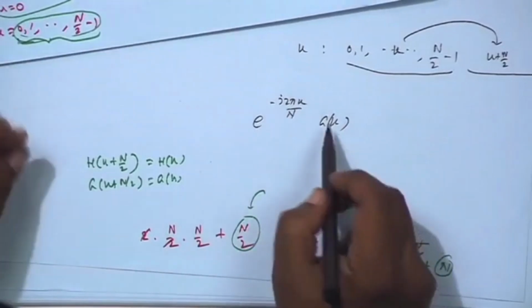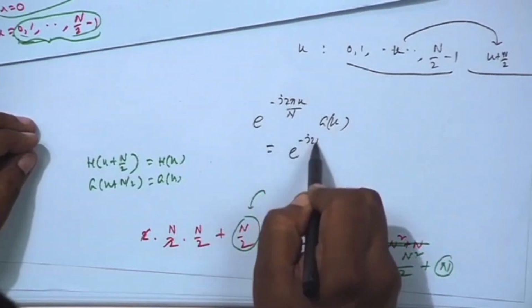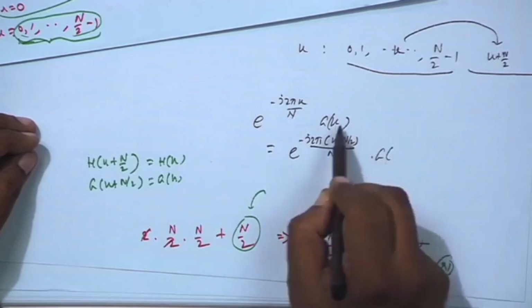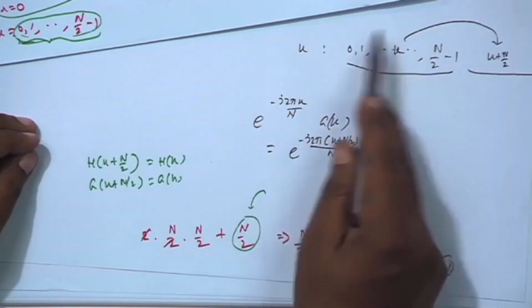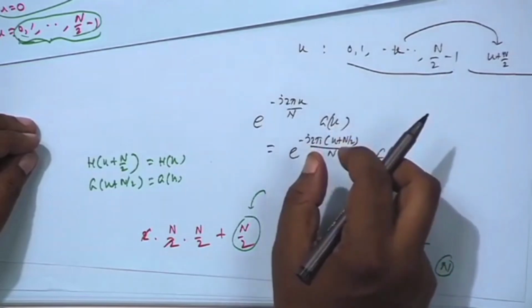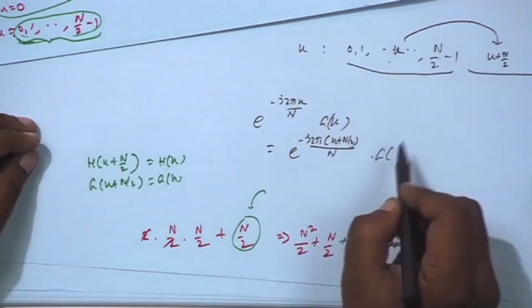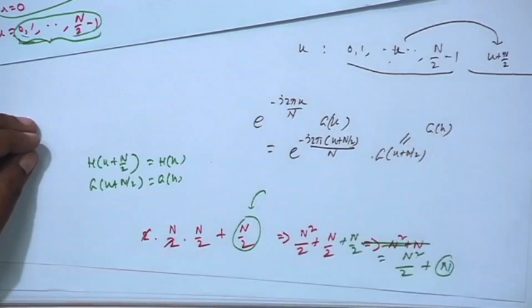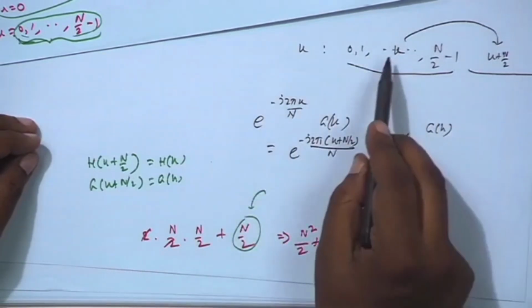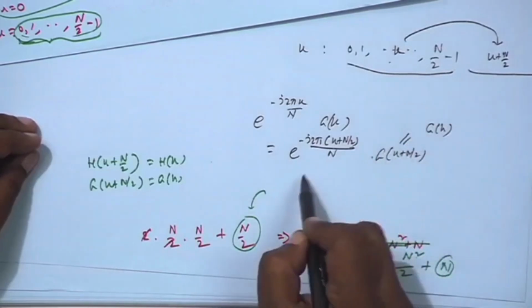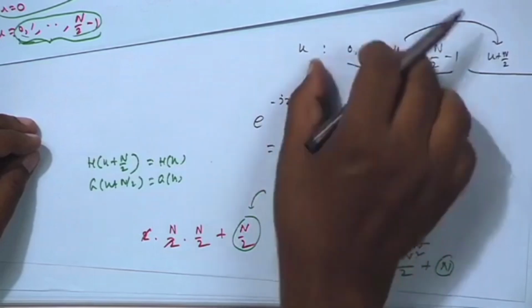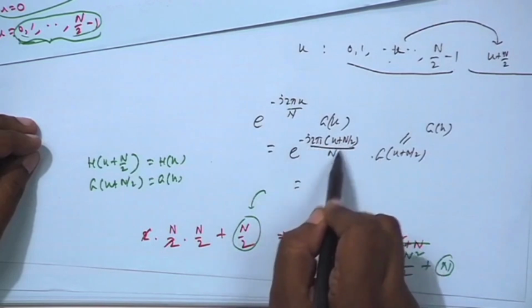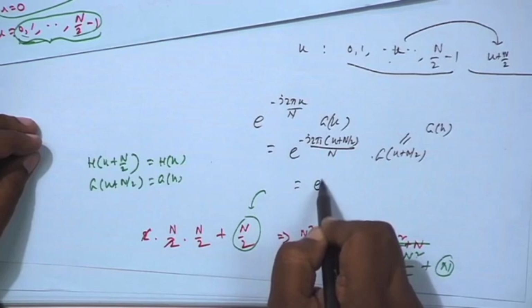For k plus n by 2, it will be e to the power minus j 2 pi into k plus n by 2 by n into g k plus n by 2, but g k is periodic over n by 2, because g k is an n by 2 point DFT. So, g k plus n by 2, as I told earlier, is the same as g k, because g k is periodic over n by 2. So, for any k, if you jump by n by 2, you get the same thing. What happens to this quantity? When k jumps from the lower half to the upper half, if you take out this n by 2 term, it is e to the power minus j 2 pi into n by 2 by n. So, n cancels, 2 cancels, you have got e to the power minus j pi,